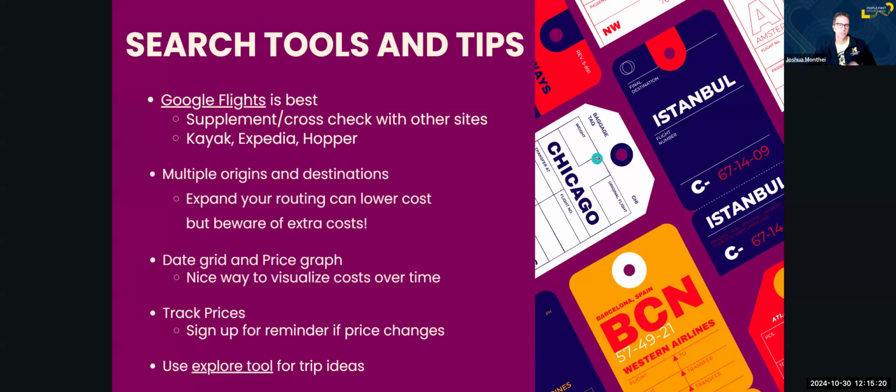Okay, jumping into some more specific search tools and tips. So just right off the top, I'm going to make the claim, some people might debate this, but I really think that overall Google Flights is the best tool to use when searching for flights. Obviously, there's many, many options out there. You can see some of them I mentioned there, Kayak, Expedia, Hopper. They all have